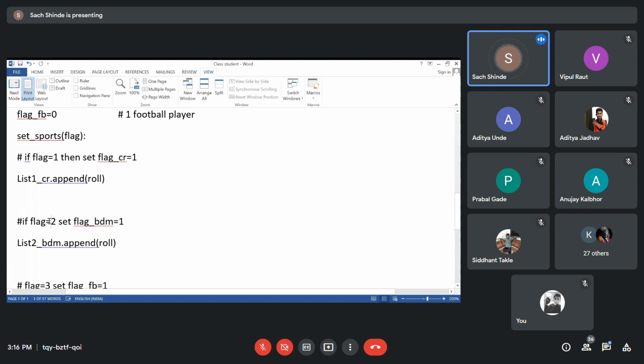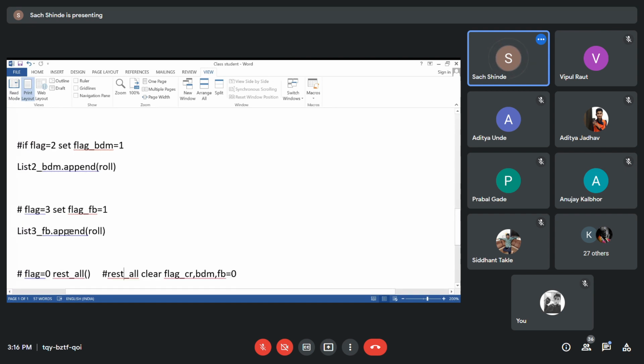And if the flag is 2, then we say that the player is a badminton player and we append the value of that badminton player into list 2. Everyone getting this concept? How three lists are being updated? Now if the flag is 3, then we append it to the football players.